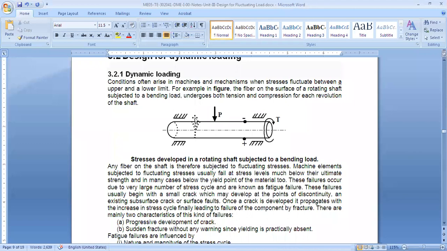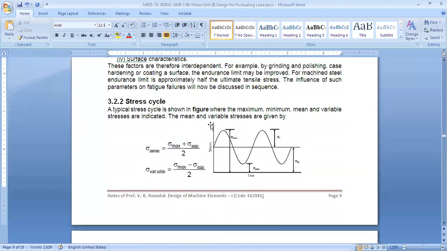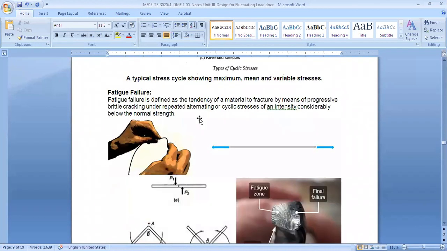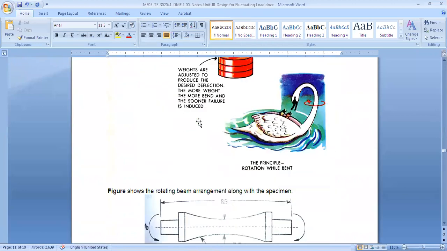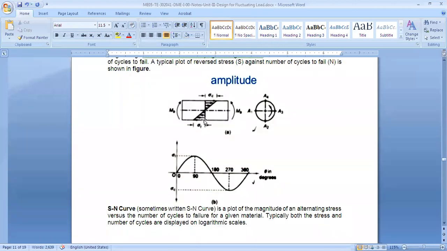Now an example of dynamic loading is cyclic loading. Just take an example of a shaft when it is rotating. I have a diagram also of the cyclic loading somewhere. Take this example: you have a pulley on the shaft, which means the weight of the pulley or gear is on it. Assume there is a shaft which is not rotating and you are putting a weight on it. A shaft is supported between two ends, and you put a weight at the center of it.